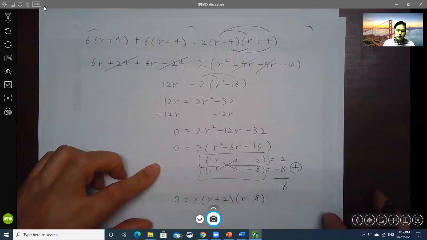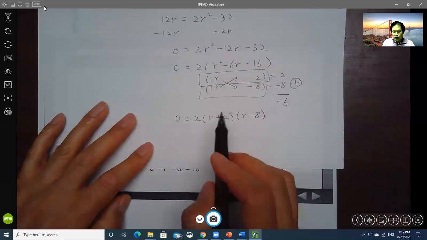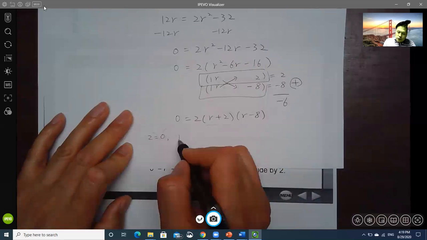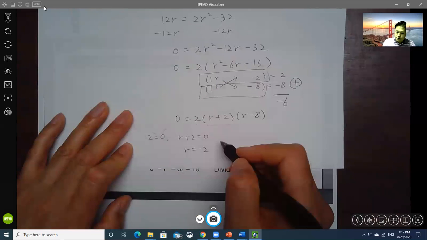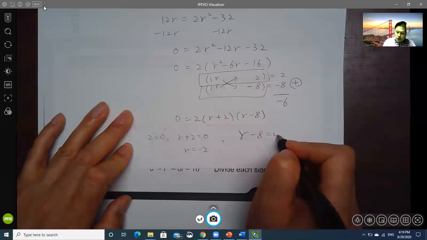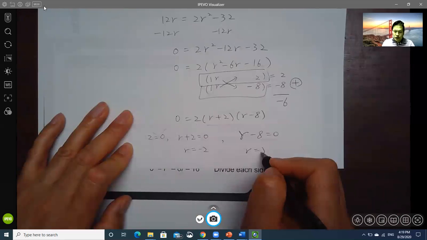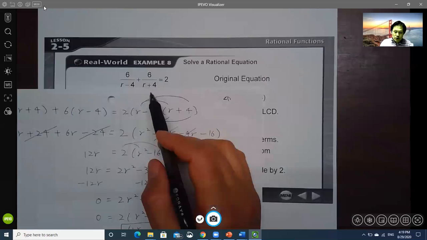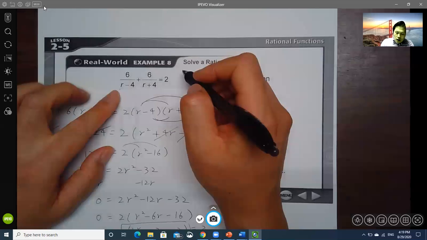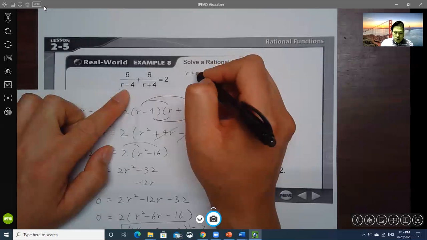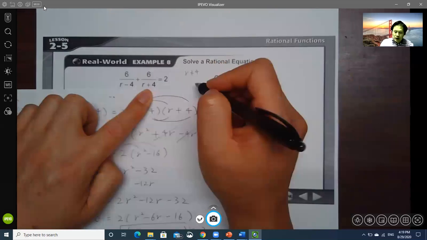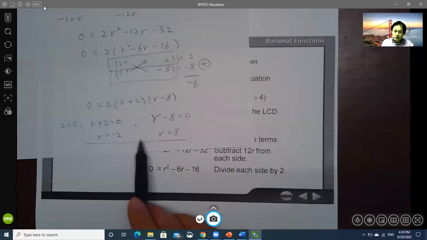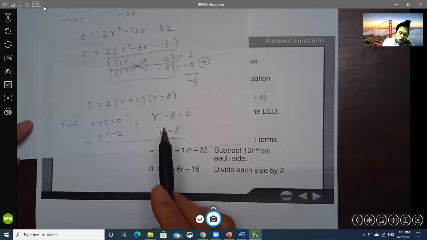Solving for r, you can set 2 equal to 0, which we're not going to get much. r plus 2 equal to 0, we got r equal to minus 2. r minus 8 equal to 0, we get r equal to 8. We got 2 answers. Do you remember? Always check against the original equation's domain. r cannot be 4. r cannot be minus 4. You always have to check. Do you have a 4 or minus 4? So both of them are good, except